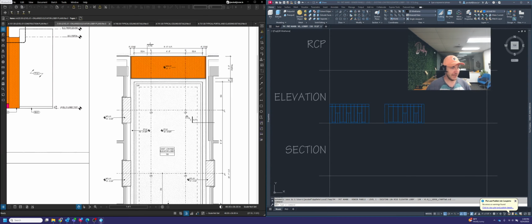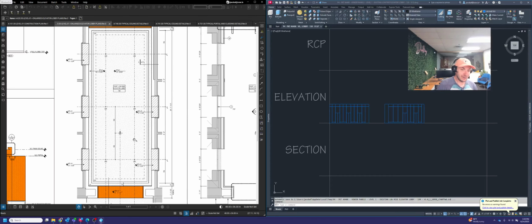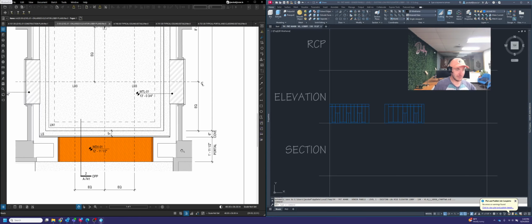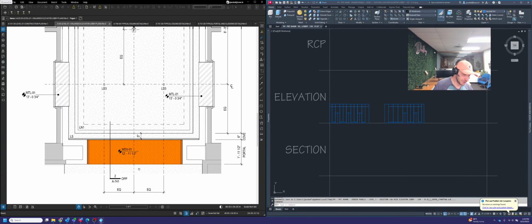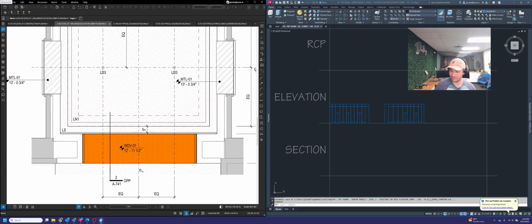So now that we have that information, we can work together to figure out, okay, now what do I do with that? How do I draw that into my elevation view? So what I want to do is focus on the height of these two portals first, and then work my way into the main part of the elevator lobby. So looking at the portal on the back of the elevator lobby, the shorter one at 12 foot 11 and a half, just doing the math here, that would be